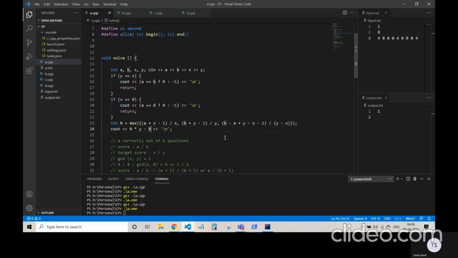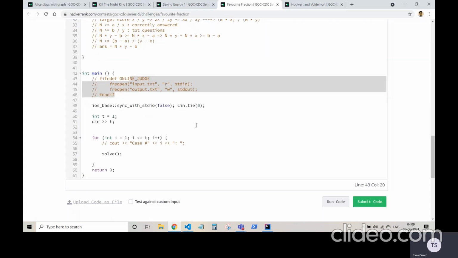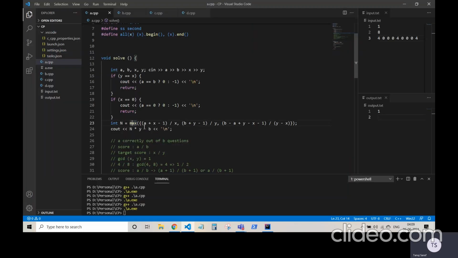And let's look at another thing: b minus a is 10 power 9 at max, y minus x is 10 power 9. Okay, so we would always remain in the range of int, right? So this value could go at max... It's not that, so let's keep it in long now.